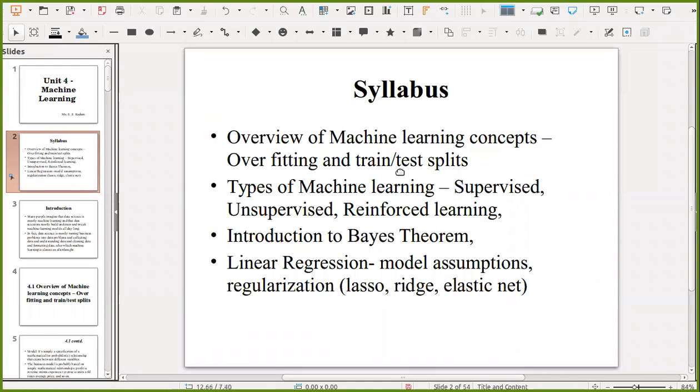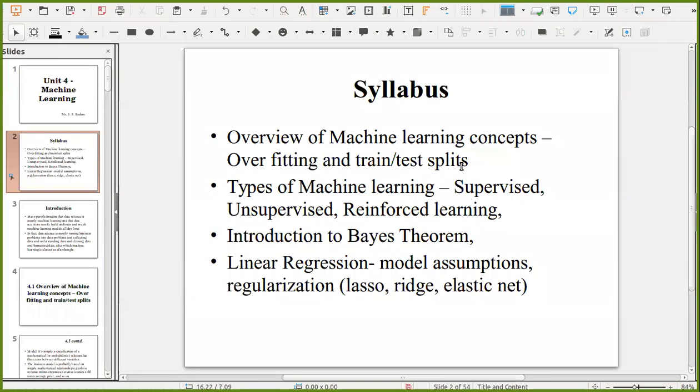Before ISC, we started with the fourth chapter, that is machine learning. So this is the syllabus which we are going to study in this chapter. Already a few of the points we have covered, only the last point is remaining. Initially we have seen an overview of machine learning concepts, where we have seen what is meant by overfitting and